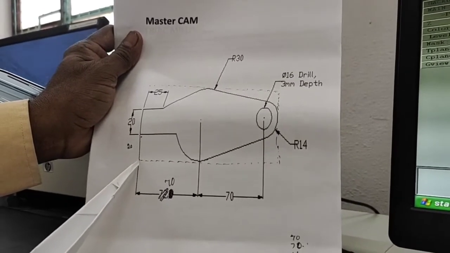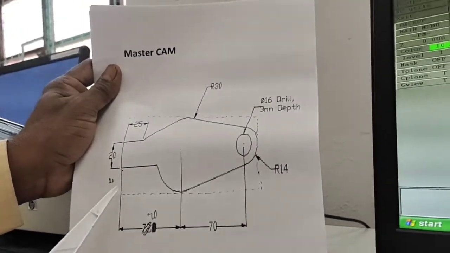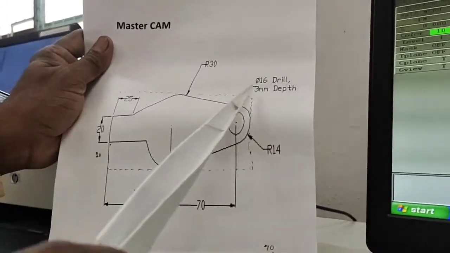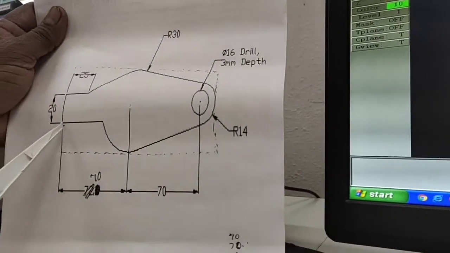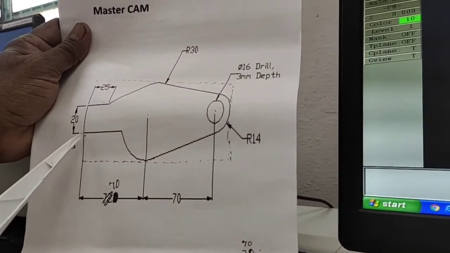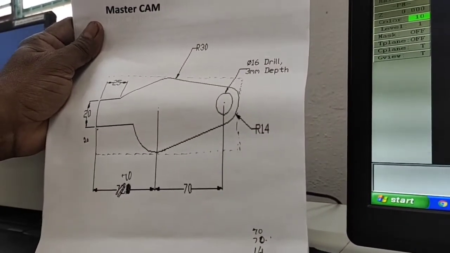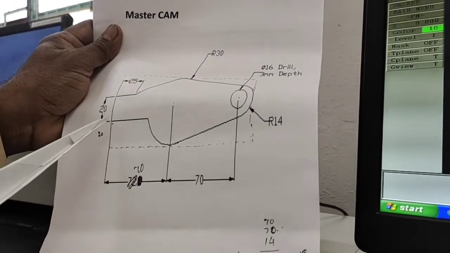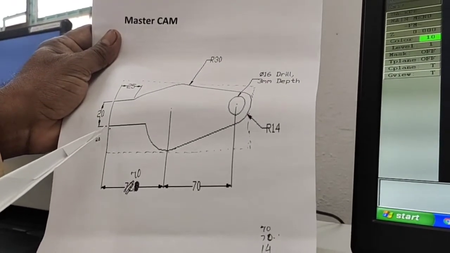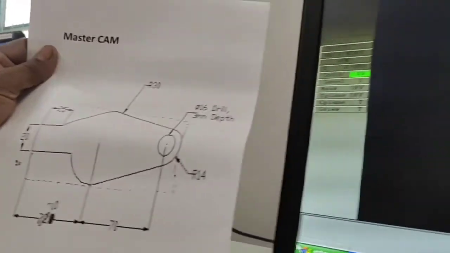From this line, what is the x value or y value in the total available area. First I will start with one point. The point is provided from 0, 0. Now from x0, y0, the y-axis has 20 and the x-axis has 0. Now we start the drawing by selecting create.